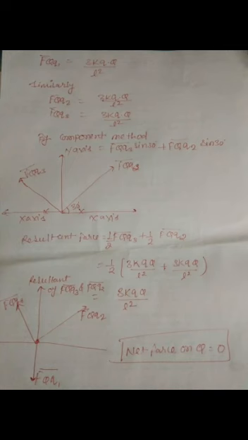Now in figure 2 you can see the resultant is equal to the force FQQ1, which is applied in the downward direction. So both forces are equal, so they will cancel out each other. If they are cancelling each other, then the other forces and their resultant will cancel out each other. So the net force on point Q we will get is 0.